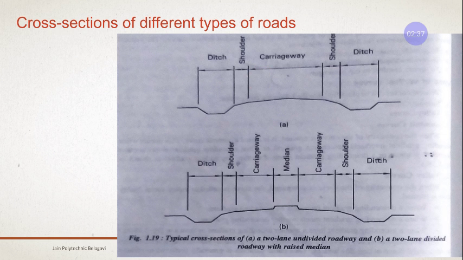In the second diagram, you can see the road is provided with some median. There is a rise in the ground, so that vehicles traveling in opposite directions don't go over this median and have a head-on collision with vehicles coming from the opposite direction in the adjacent lane, right? This is the difference. Everything is the same, but the lanes have been divided by the median here, right?